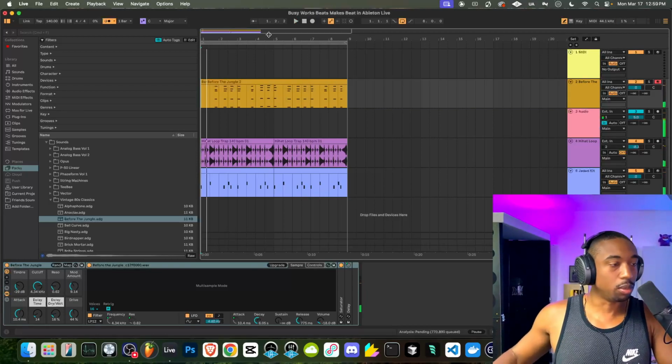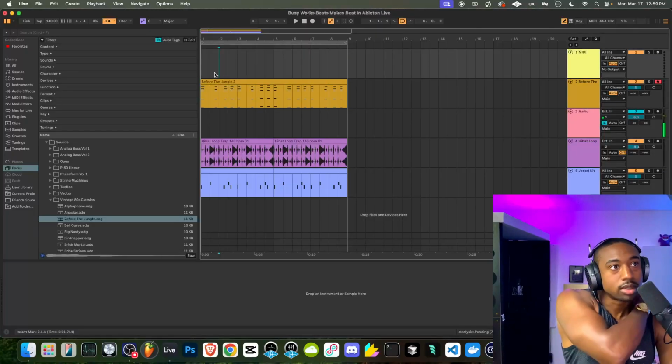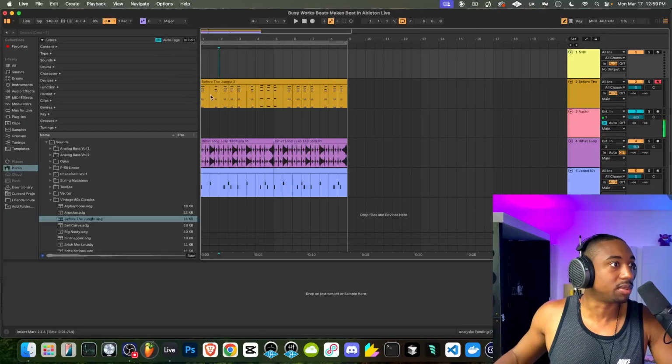Okay, so the drums could be more active. Now, again, one thing that you have to get used to in Ableton is sometimes it keeps recording and it will overlap what you recorded. So that is a little bit of a headache. Sometimes you have to roll back that MIDI.